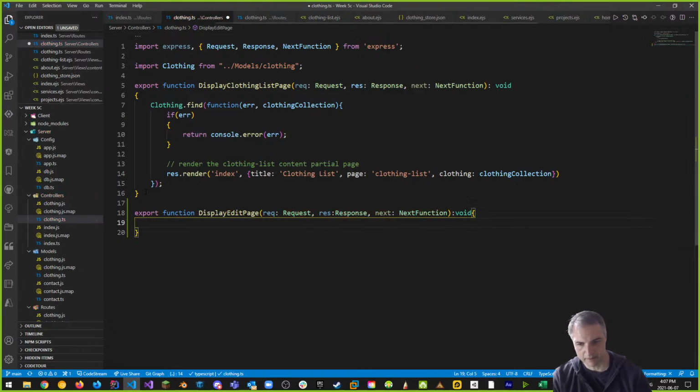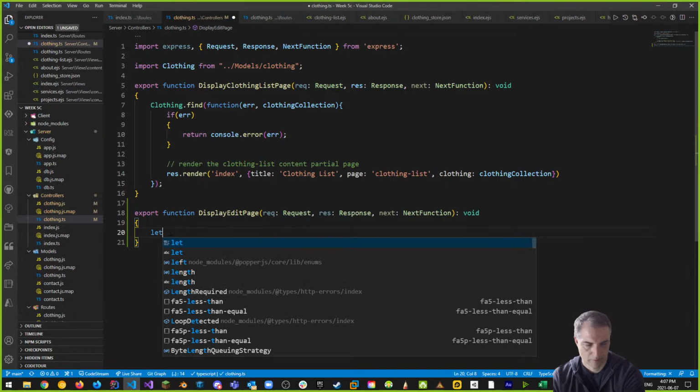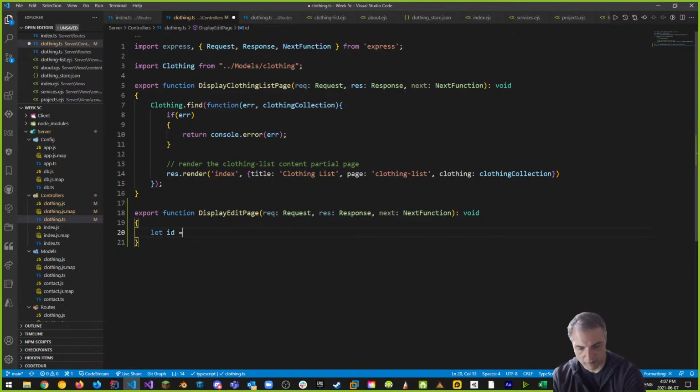And inside this object, this function, let's make sure it looks nice, because I like to have the separation here, just like I've done everywhere else, and even here, right? This is the display edit function. How does the display edit function work? Well, let's suppose we have an ID, because remember we get an ID. We're going to say that the